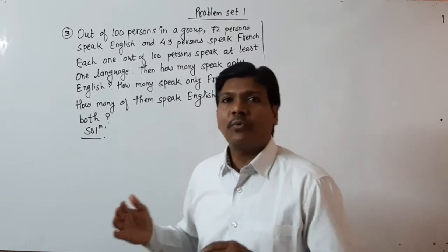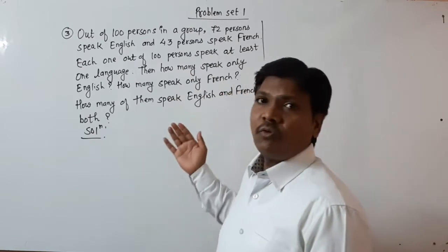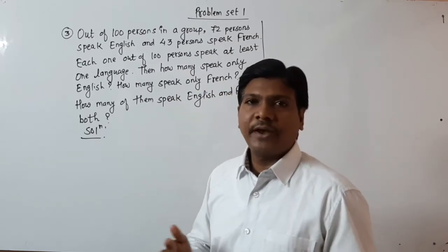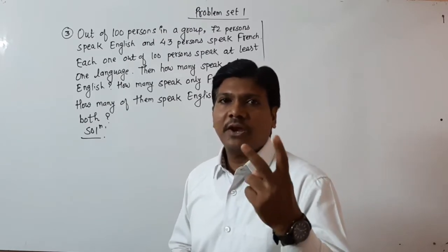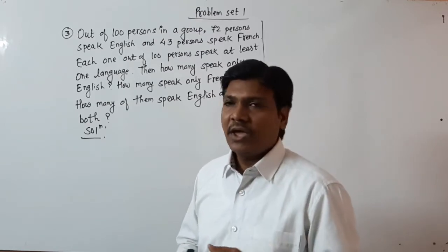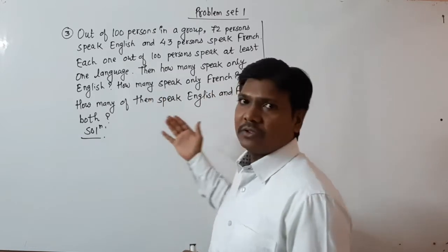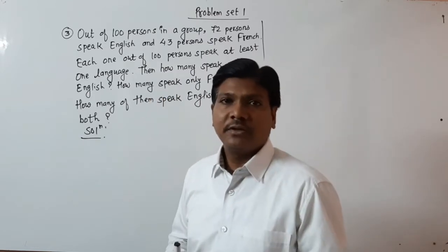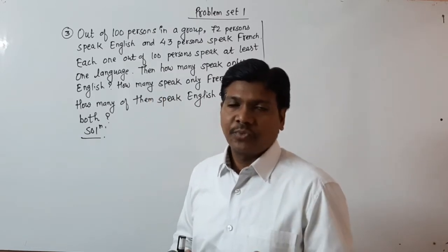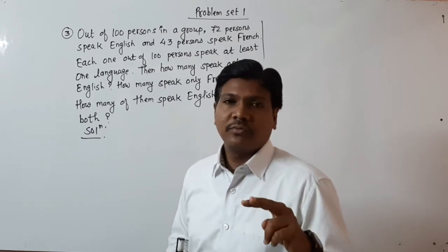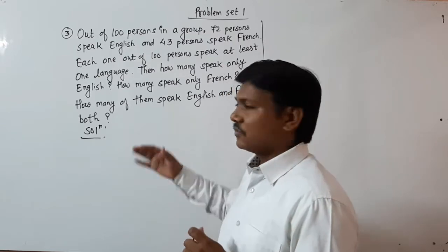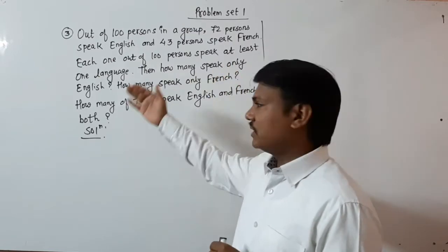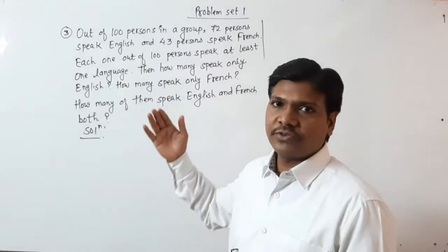So the first important thing is reading the example. Read the example carefully and find out the two things that you have to consider, A and B, and what is given. If the total is given, that is the union. And if the word "both" is used, then we take the intersection. So first we read this example and then write all the information from it.